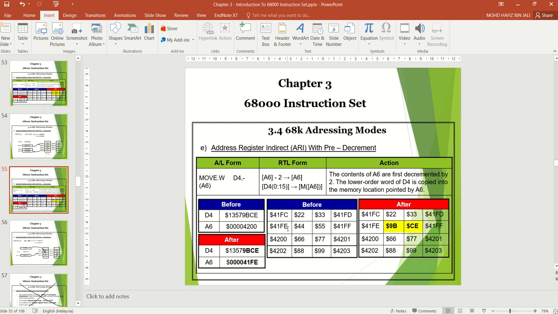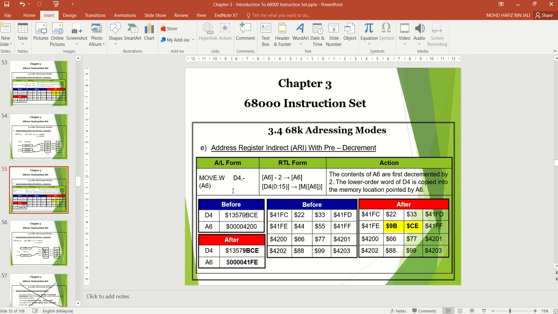The value previously is 22334455. After the execution, it is expected that the value at address location 41FE will change into the lower word size of D4, which is 9BCE. 9BCE will replace the original value here.